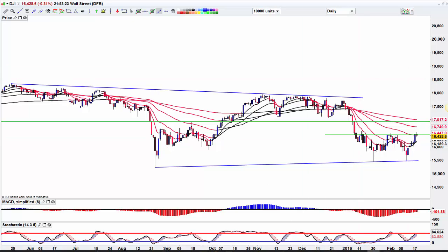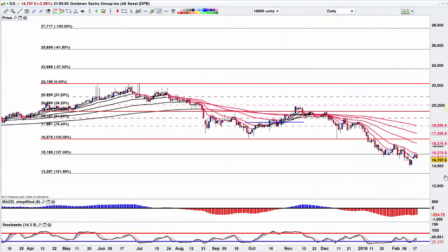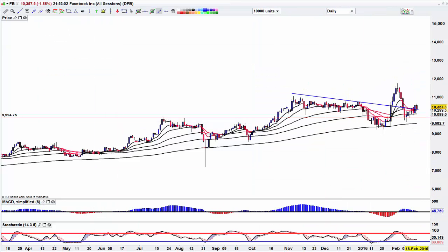I'll just look at a couple of bellwether stocks before I go. Let's look at Goldman's and FedEx. These are two good bellwethers. So the Goldman's has come off. So if we fill the gap and then hold back, then we could do okay. Facebook, holding that trend line,